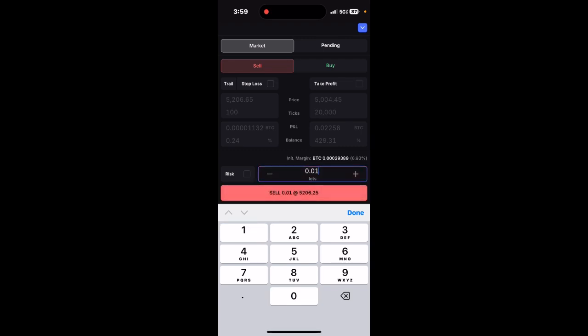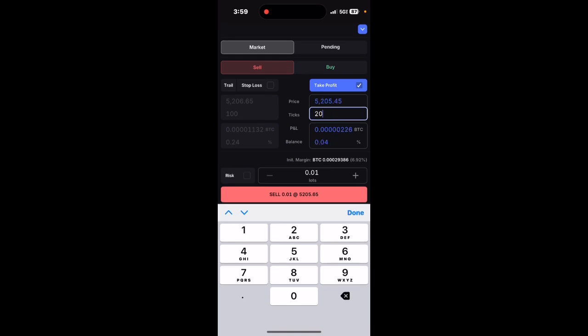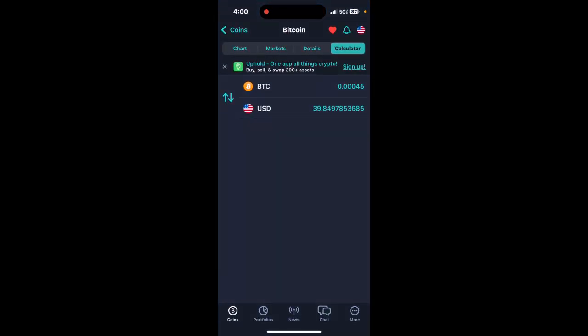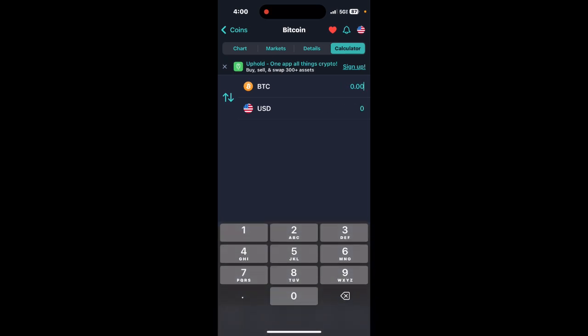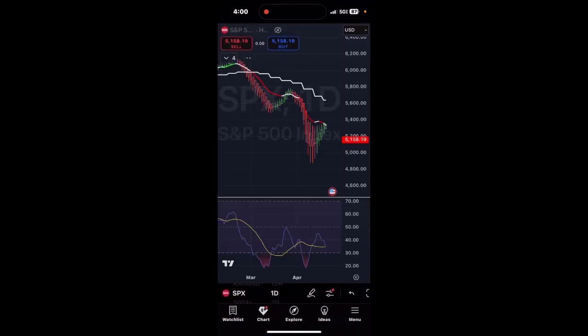we'll start with 0.01. And then we're going to take profit, and we're going to see how much 58,000 ticks would get you. So 58,000 ticks would get you about 0.0065. So we're going to look at that. 0.0065 is about $575. So this move in Bitcoin right now, this move right here,